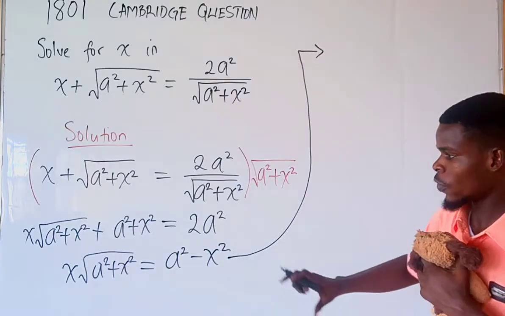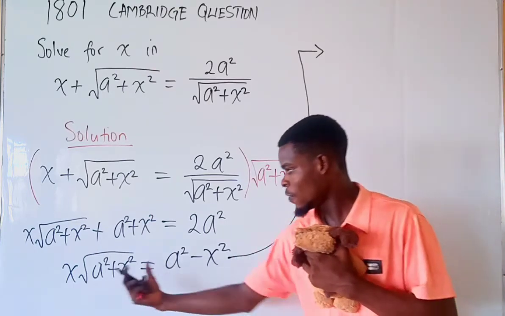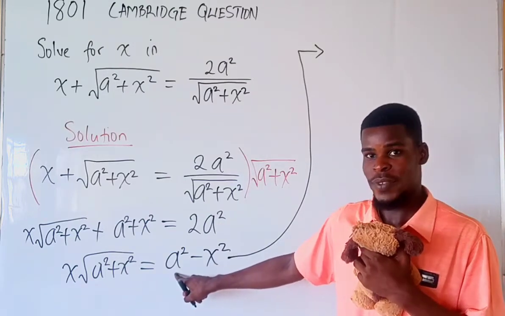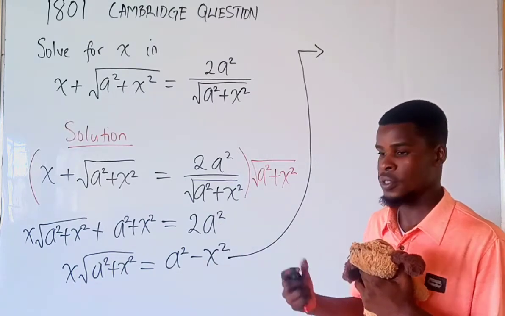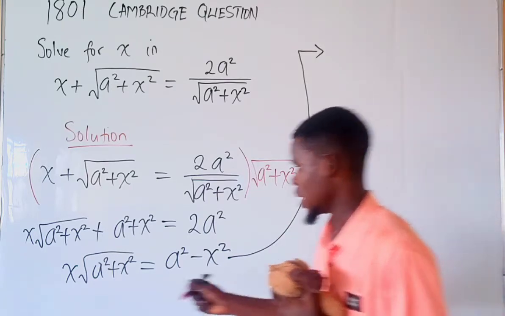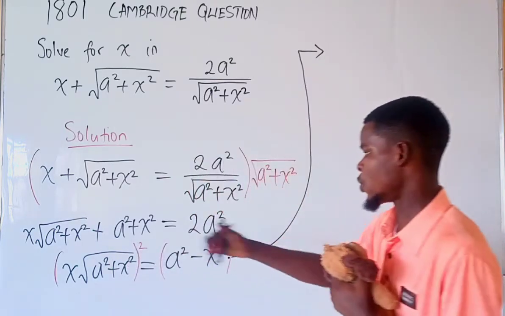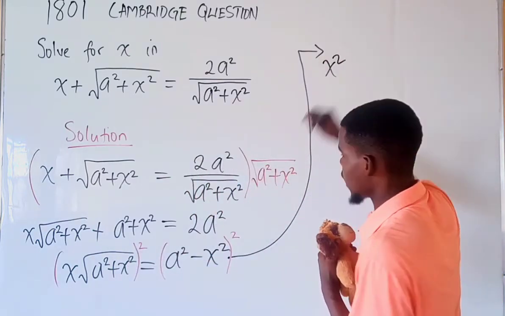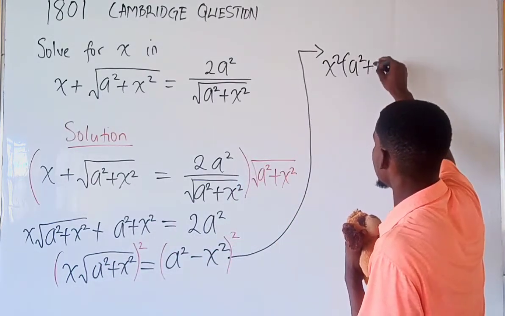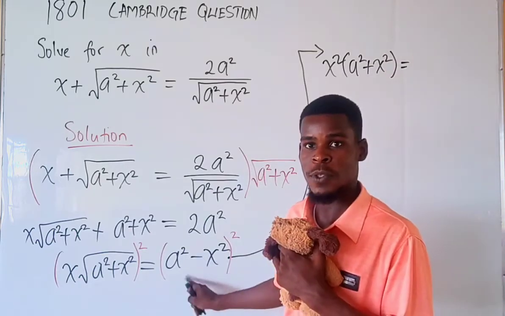From here, I want to get rid of this square root, so I'm going to have to square both sides. If this and that are the same, then we can just go ahead and square both sides. When we square the left side, we have x squared times, and the square and the square root cancel, leaving a squared plus x squared. Then we equate that with the square of this term,